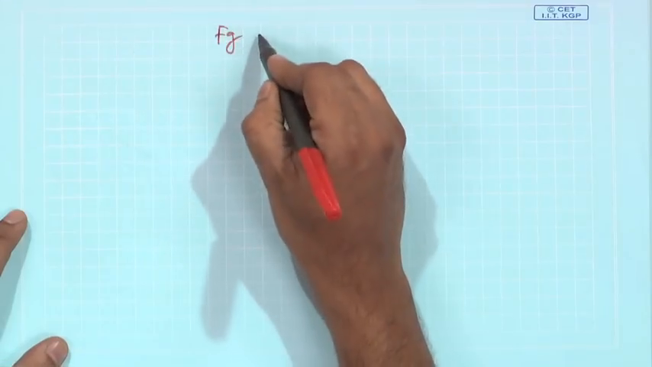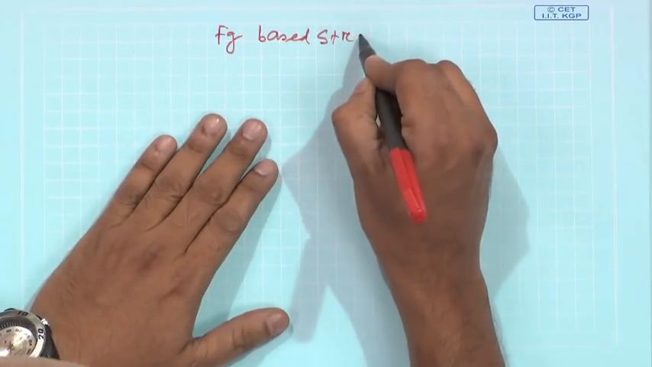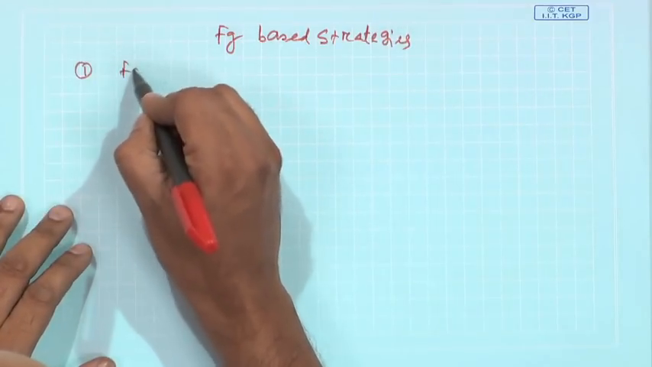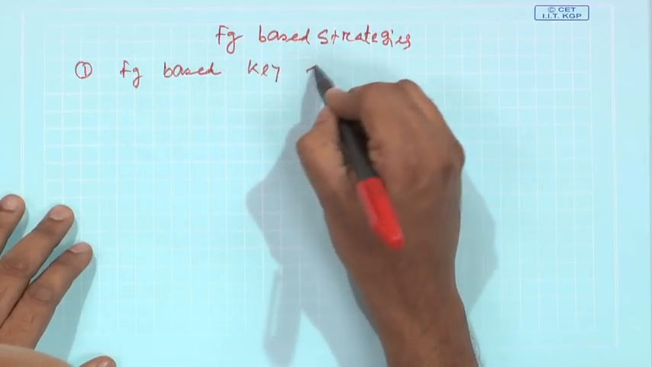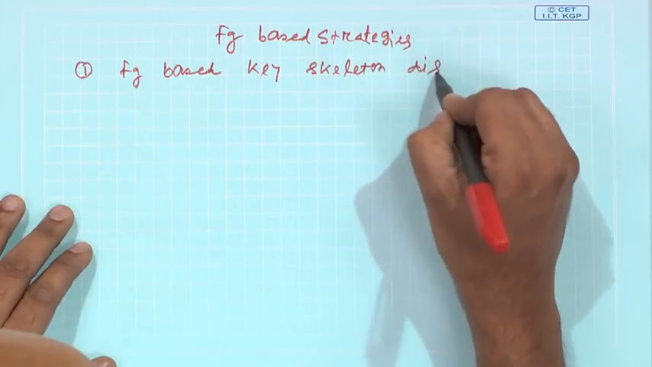So, welcome back students. Last lecture we were discussing several functional group based strategies, and I gave you 6 particular points that these strategies will mainly focus on. If you remember, we started with point number 1, where we discussed functional group based key skeletal disconnection. That means the skeleton of a given molecule was given to you and you have to disconnect